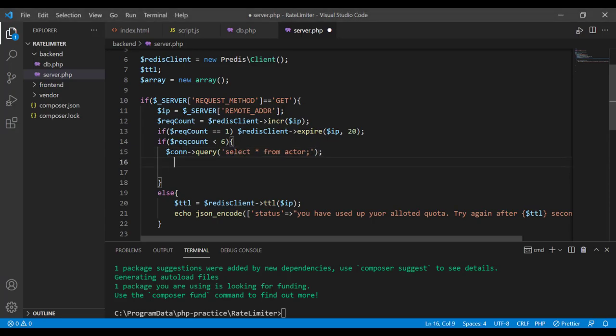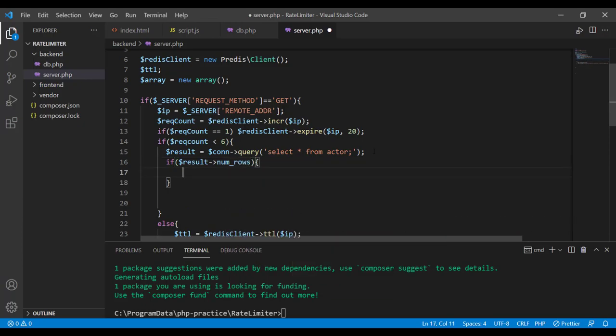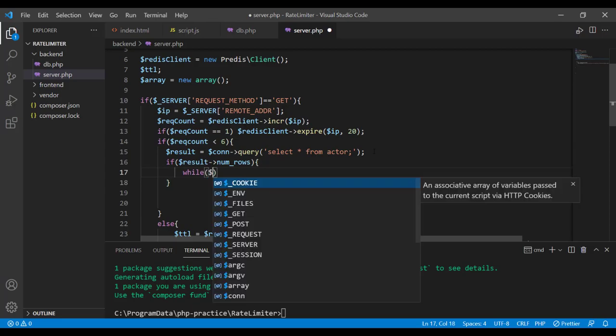This query is going to return us some result, so we are going to store it in the result variable. The next step is we have to make certain if this query has actually returned any data. For that we are going to say, if this num rows has a value anything but 0, then this if is going to return us true, and in that case we are going to access one row at a time as an associative array.